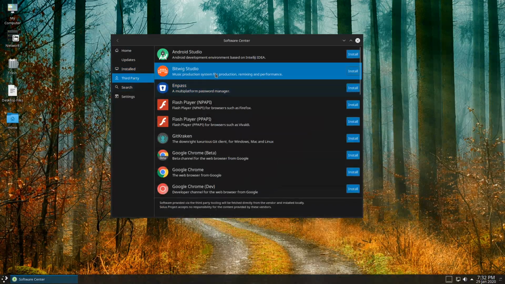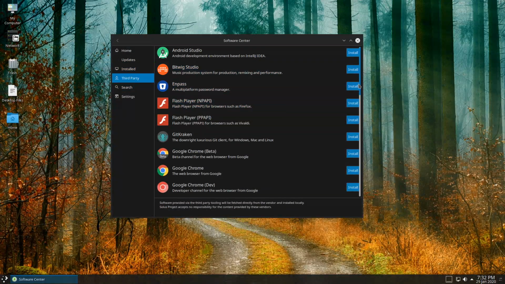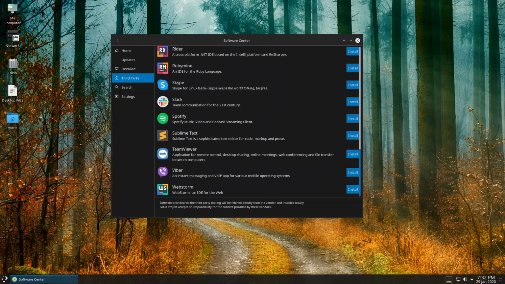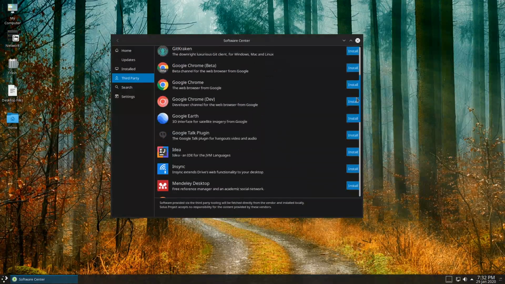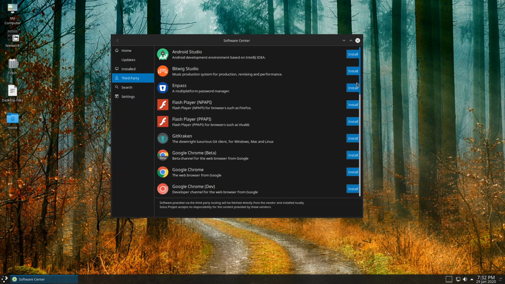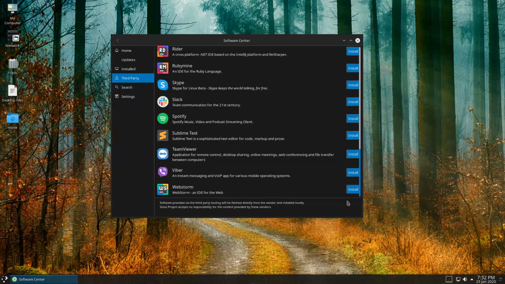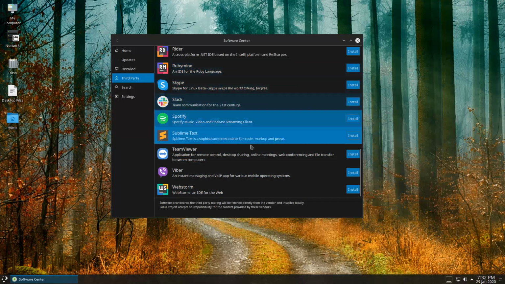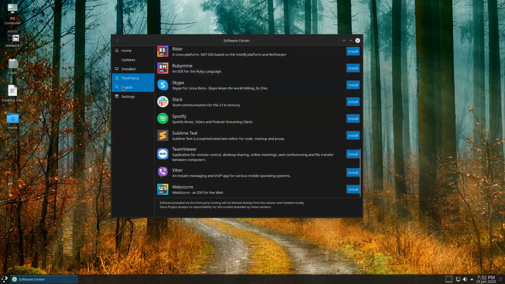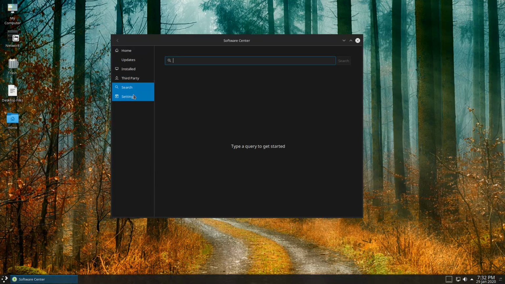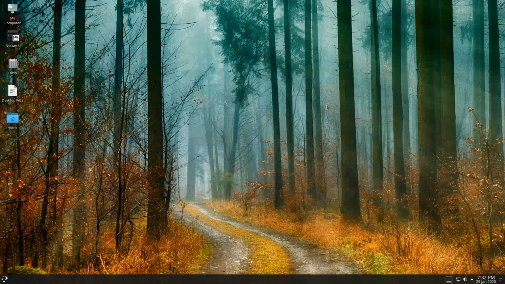But we do have the ability to install a lot of third-party tools, which are not going to be as easy to install on Neon. So if you're looking for things like Android Studio or Google Chrome or Spotify, Skype, things like that, you have an easier installer through the Solus installation center here. The software center over here is much better. So out of the box, they're very equivalent to one another. I don't see a massive reason to use one over the other.